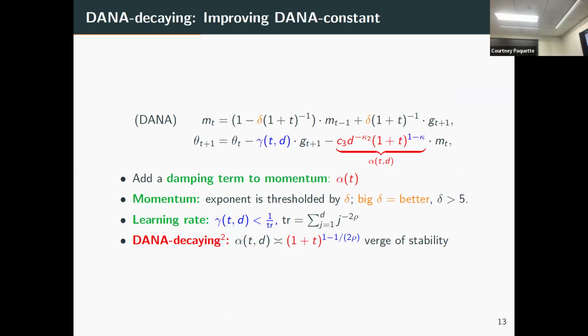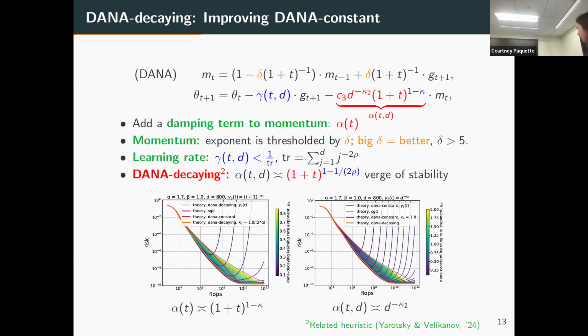So what you can actually do is, in some sense, you don't need exactly 1 over d. The 1 over d was needed so that at the end you were stable, so that once you run, you reach a plateau and you stay at a plateau. So what you can do is decrease that and choose a time dependent thing, which is this thing here, 1 plus t to the 1 minus 1 over 2 rho. And the rho here has to do with the exponent on the data. And this happens to exactly match the edge of stability that you might have.